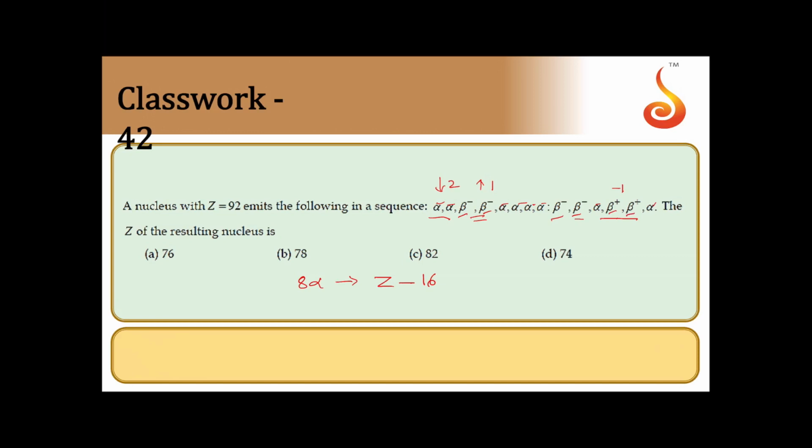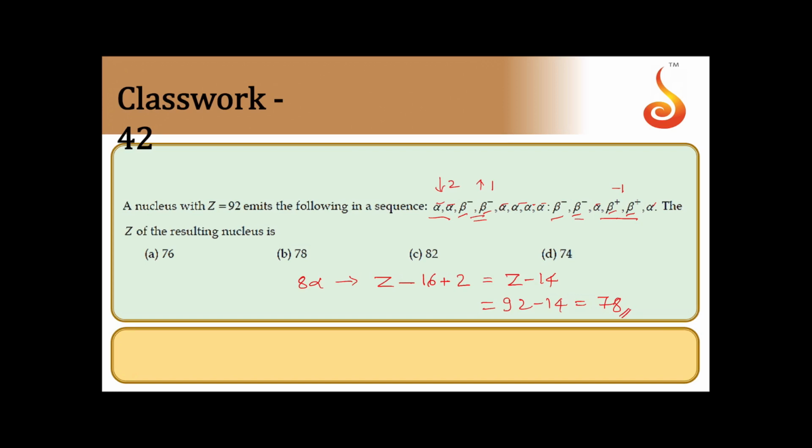You can cancel the effect of 2, so net there will be 2 beta particles, which will increase the Z value by 2. So that will become Z minus 16 plus 2, that is Z minus 14. Z is 92, so 92 minus 14 will be equal to